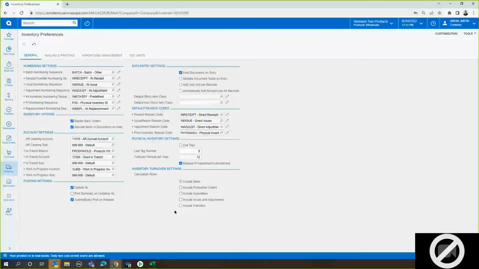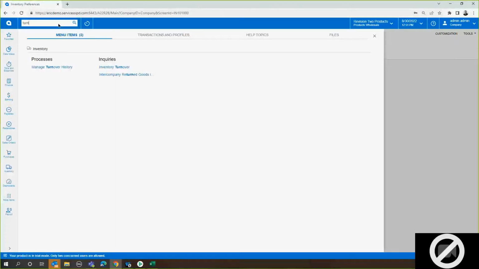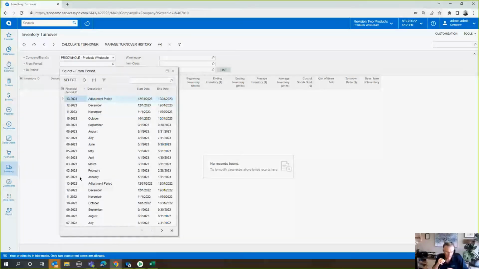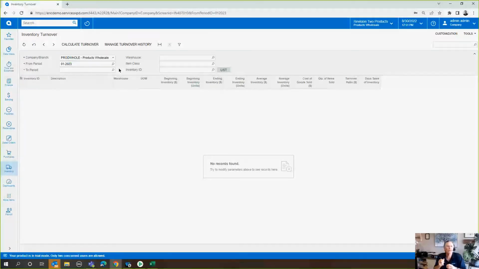We also have into the inventory preference a calculation for turnover. So the turnover will be calculated according to the rules that you set here, and then after that you have a screen that will show you the turnover. So for inventory managers, these two tools, the dead stock and also the calculation of turnover, is really going to give you good views in terms of what your profitability in terms of volume is on your products, right? Because dead stocks will be slow-moving stuff where you've got the inventory in-house, but you're not turning it. Whereas here you can determine what your turnover is on item 1 versus item 2, et cetera, over a given